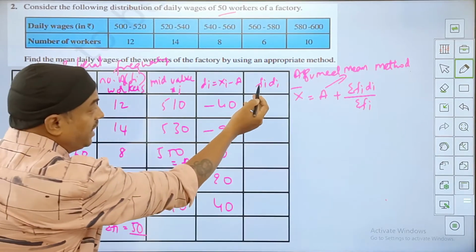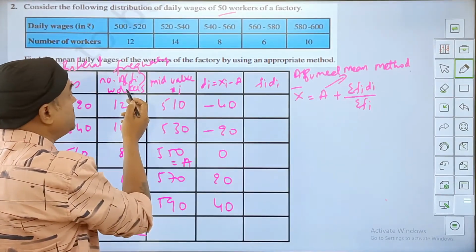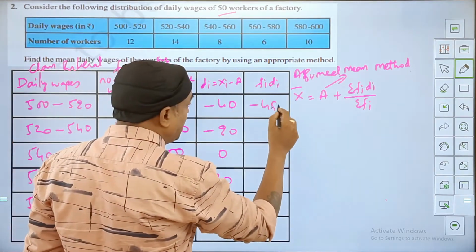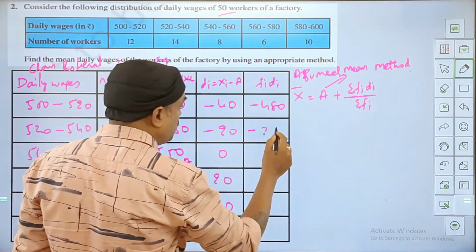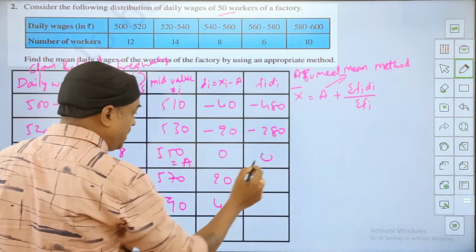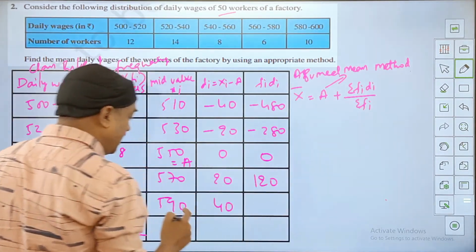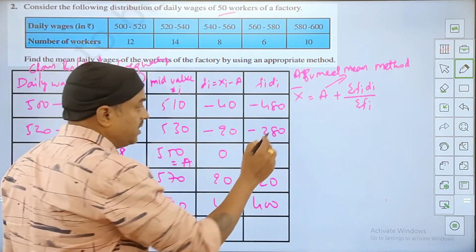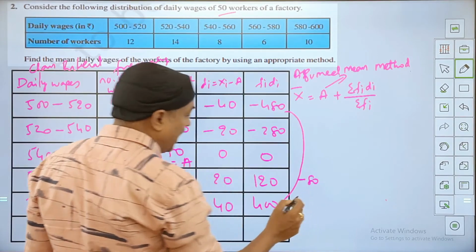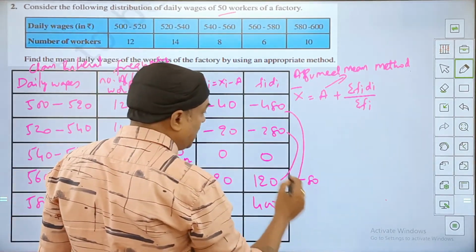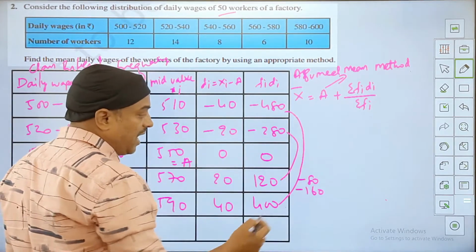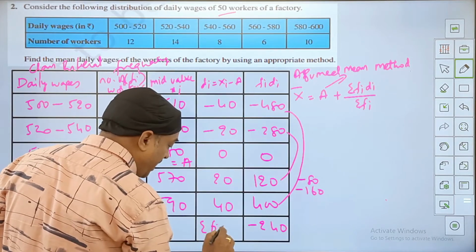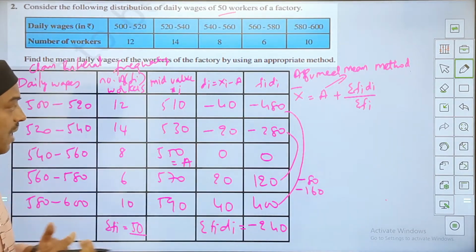And then I have to multiply Fi di. I know di is here, Fi is here, so I need to multiply the corresponding values of the 2 columns. Now 40 into 12, 480 I got here. 20 into this, minus 280 I got here. This is going to be 0, friends, and this is going to be 120, and the final value here is 400. So what I need to do here, this minus 80 is left here, and this minus this is going to be minus 160 is what is left here, and I'll add both of them. Minus 240 is my summation of Fi di value. I got it here, minus 240.